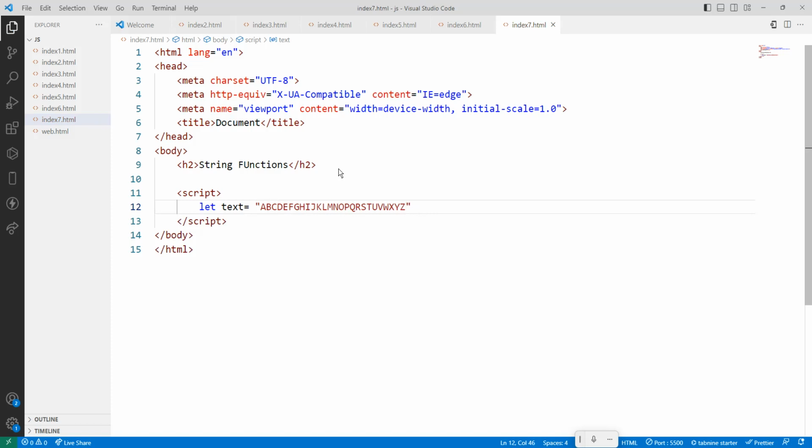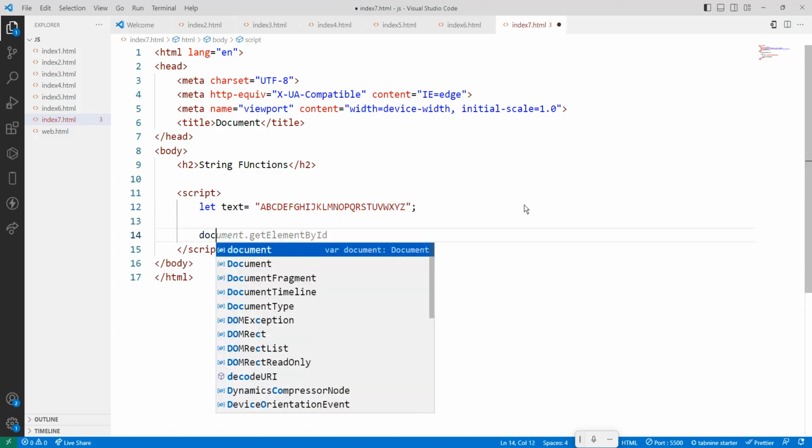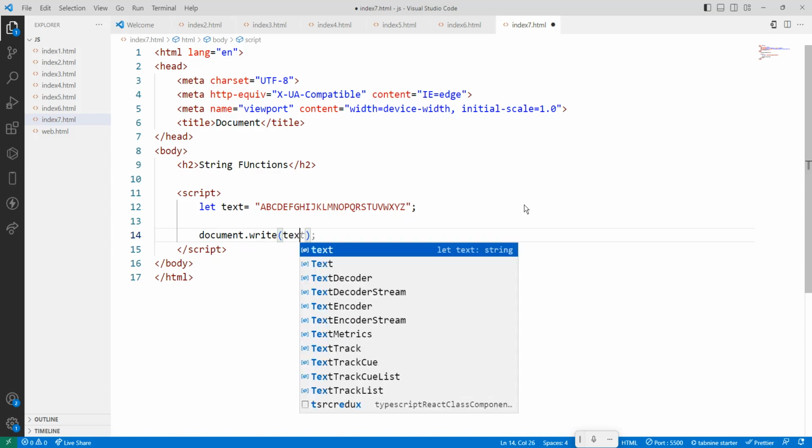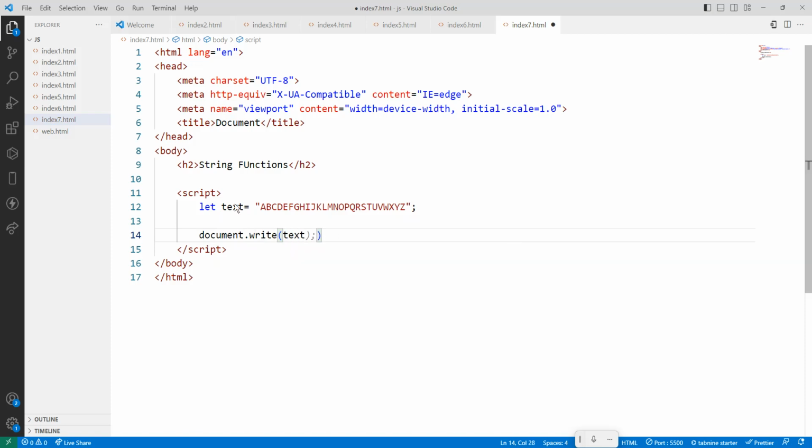So this is my text. Everybody knows this one, A B C D. So I need to print the length. How to print the length? Document dot write of, what does the text contain now? The text contains